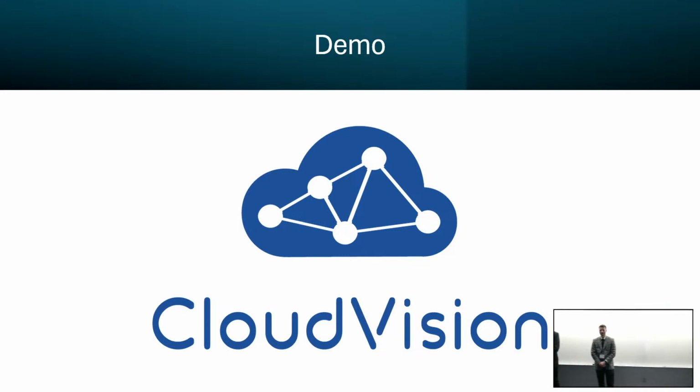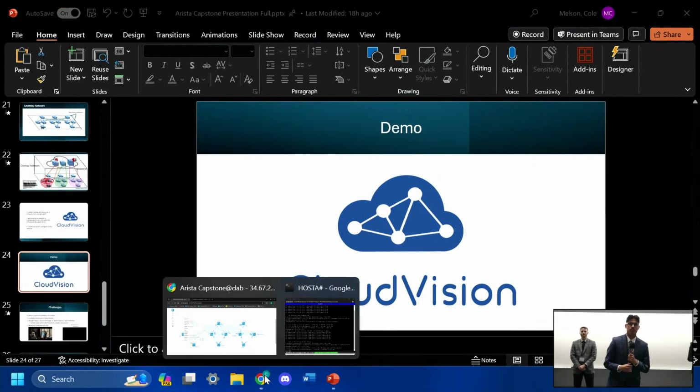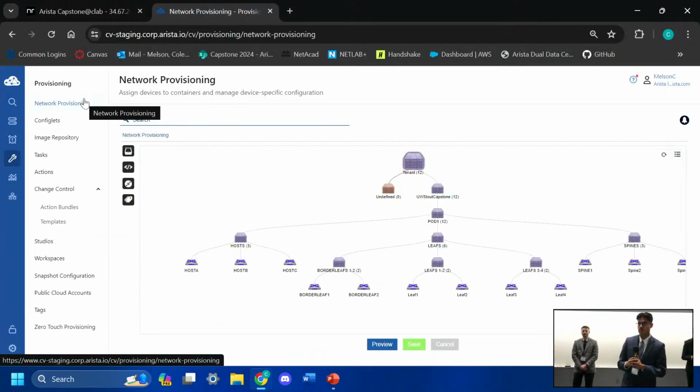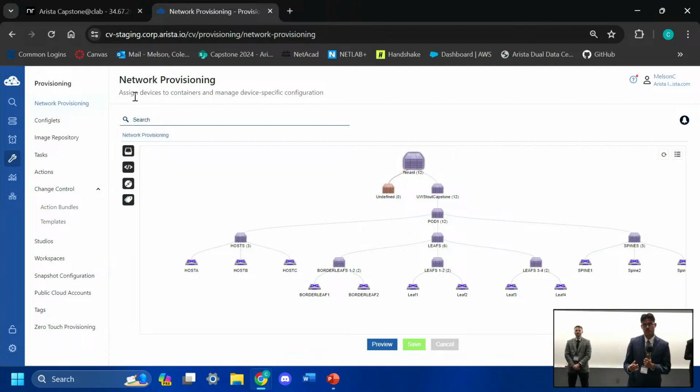As Michael's pulling up CloudVision, I'll be showcasing what creating and pushing configlets looks like. So as you can see here, this is a hierarchical tree view design of our network. Inside of containers, which are logical entities, are our devices. You can push configlets into containers or devices as you'd like. To see what a configlet might look like,